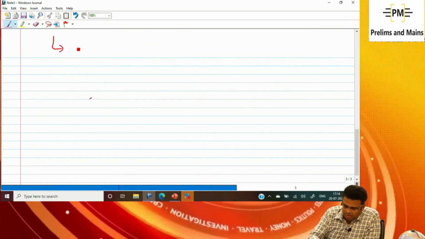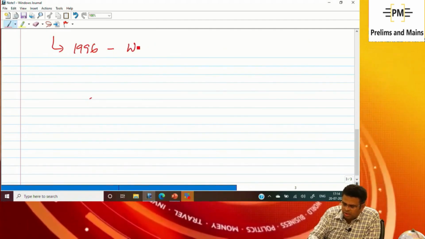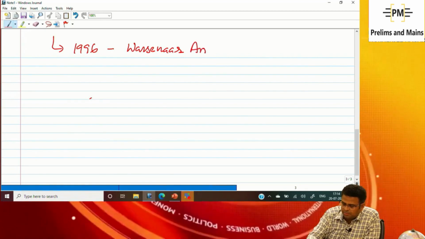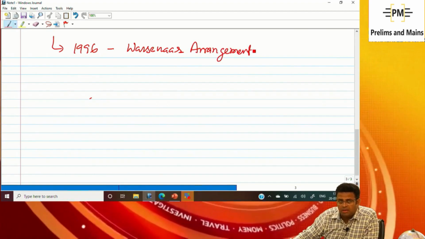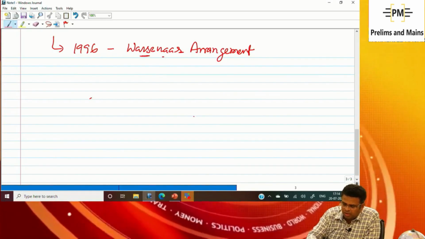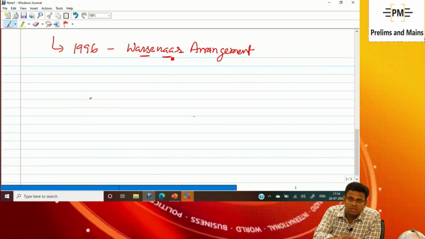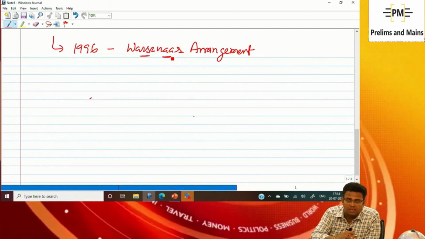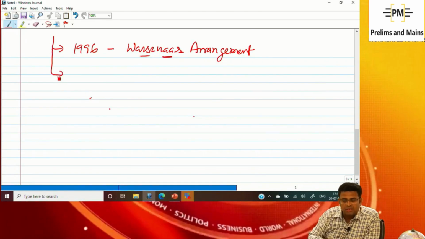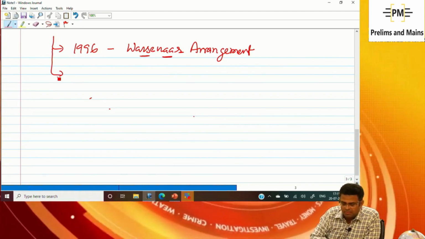After that, in 1996 there is the Wassenaar Arrangement. Sometimes it is written like agreement also, but it is Wassenaar Arrangement. You remember that there are 2 letters S and 2 letters A, 2 letters of A, 2 letters of S. I'll use these double letters to understand the concept of Wassenaar Arrangement. 1996. So 1975 NSG, 1985 Australian group, 1987 Missile Technology Control Regime, and 1996 Wassenaar Arrangement,